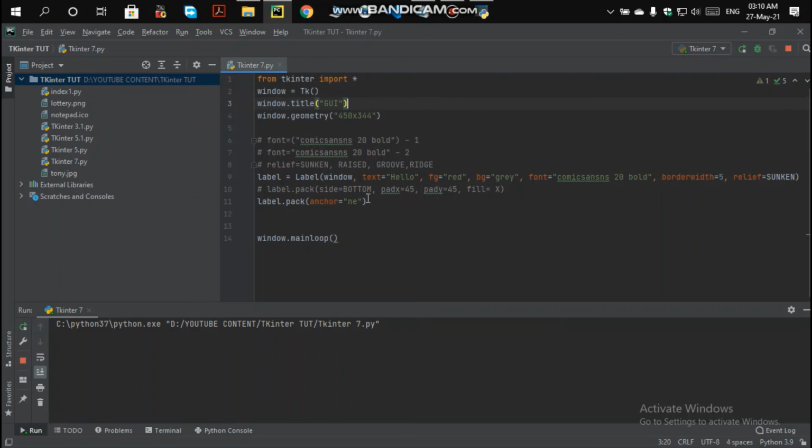So these are some options and values you tried with the pack method of geometry on your label widget. Basically these are some option equals value settings you can try with your window, and design your window yourself and send me the code you have written in the comments. In the next video we will try some more options and some more values and some more widgets too, discussing frames and buttons and the next widgets.